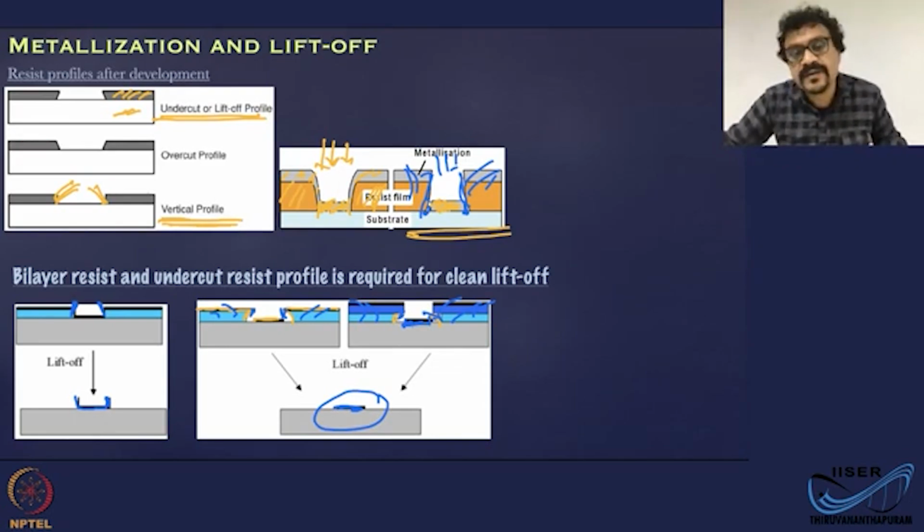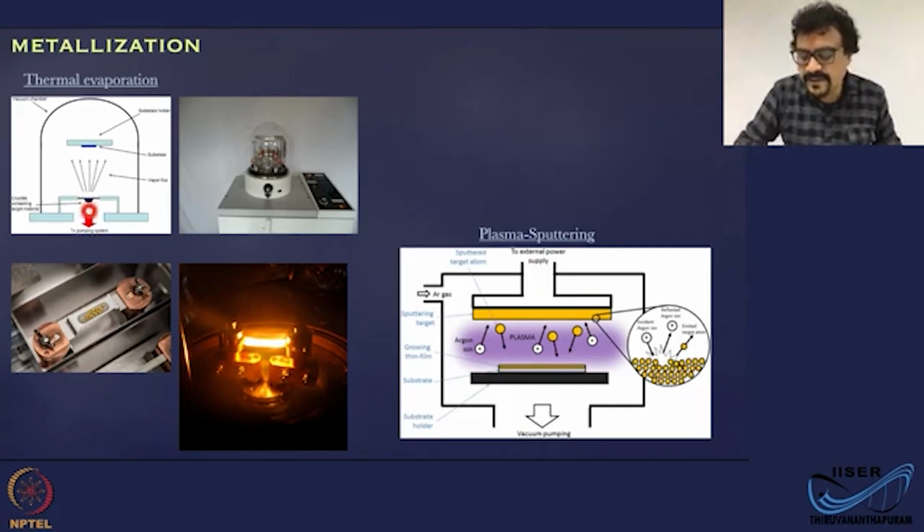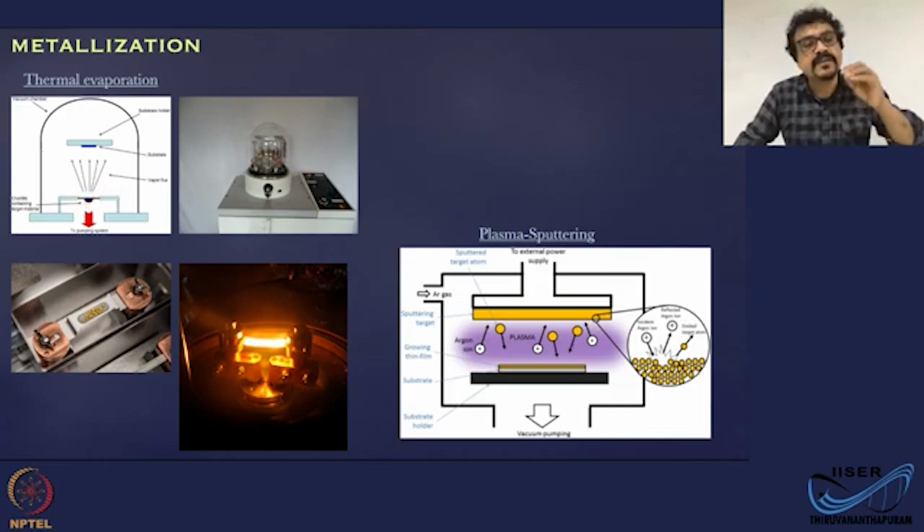Now let us very quickly overview the metallization process. Metallization is a very simple process to understand. What you have is a source which is going to look like something shown here. It's like a boat or a basket, where you can keep the metal that you want to